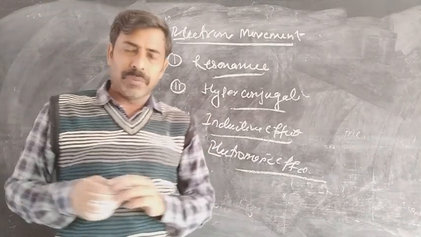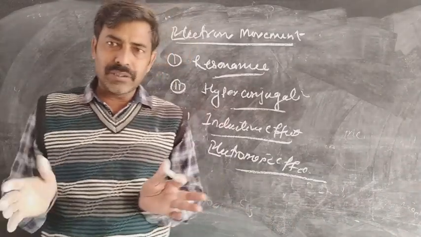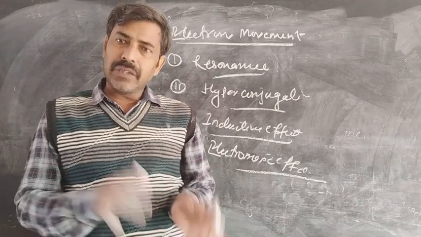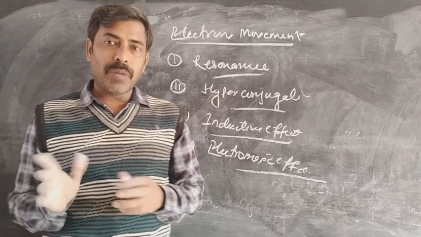When we talk about the stability of a compound, which one is stable and which one is unstable, we talk about the charge, we talk about the movement of electrons. The movement of electrons is actually responsible for the stability of the system, or whatever chemical properties are shown